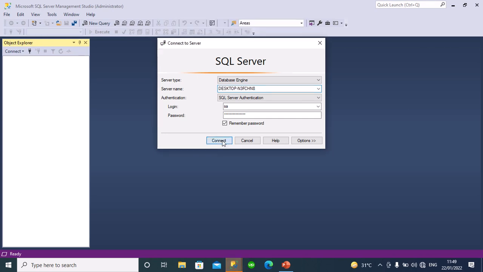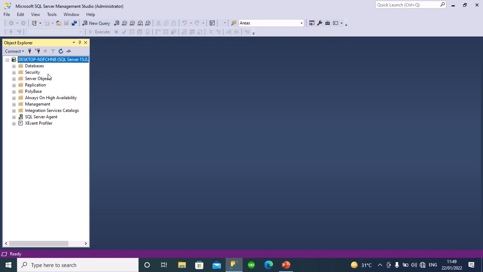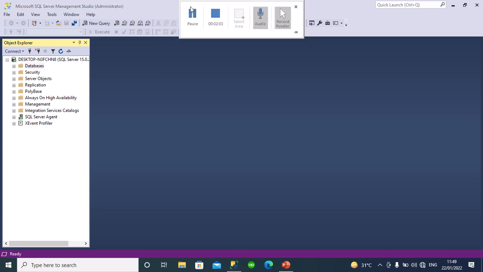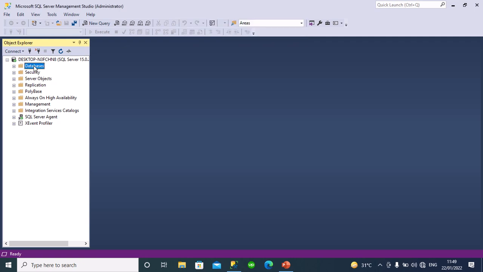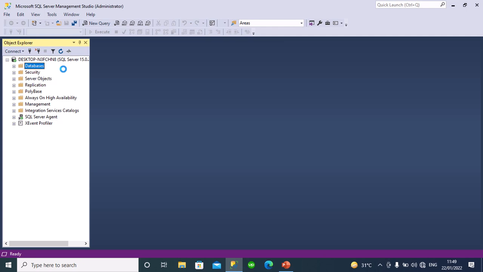So now I'm connecting to SQL Server. I right click on databases. I'll click new database on the context menu,